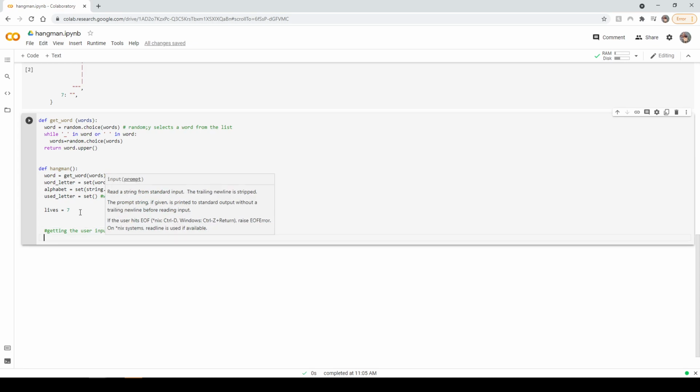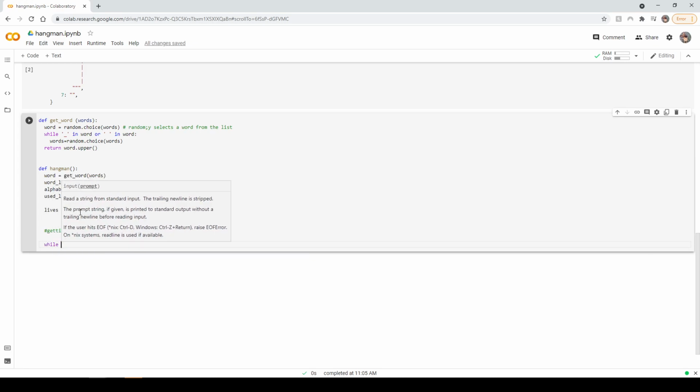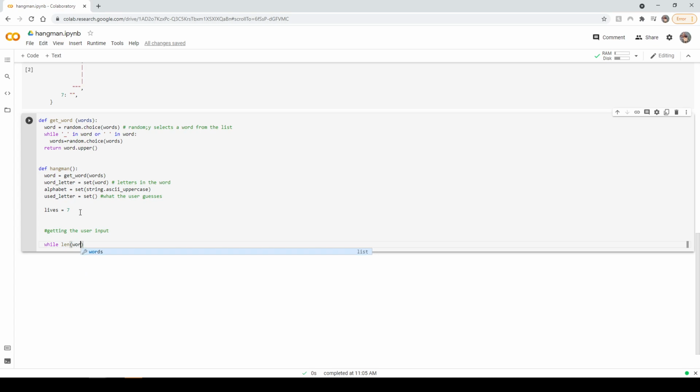So while the length of the word letters is bigger than 0, and the lives are also bigger than 0, it's going to